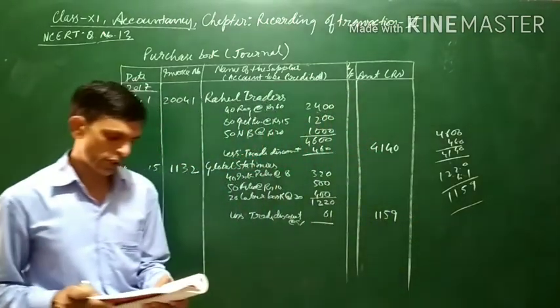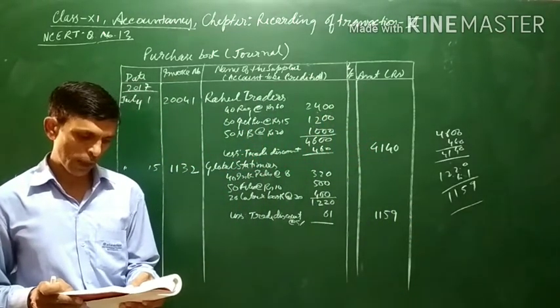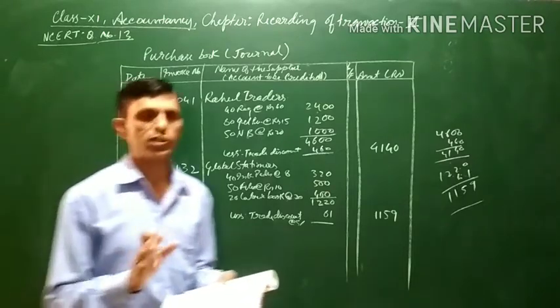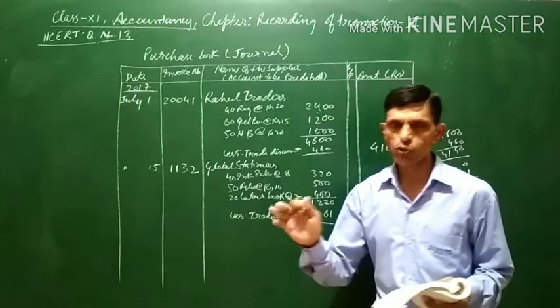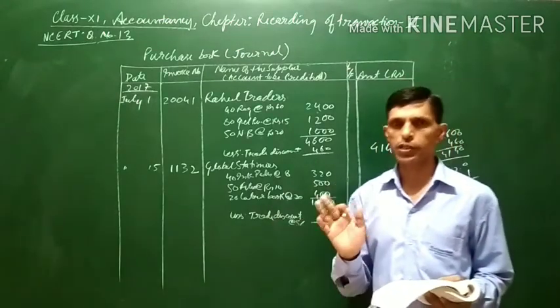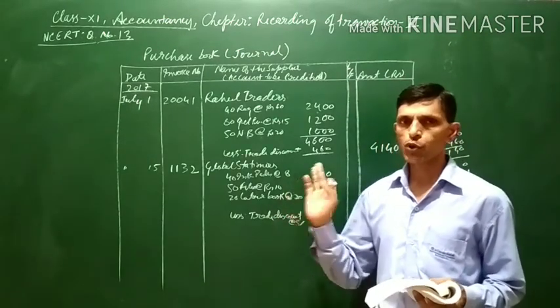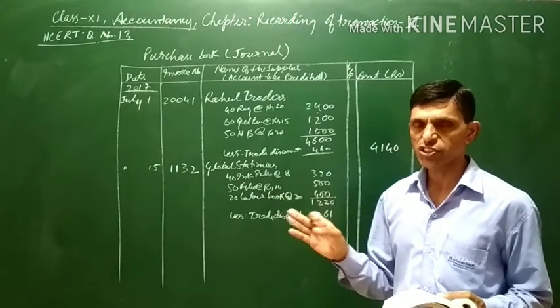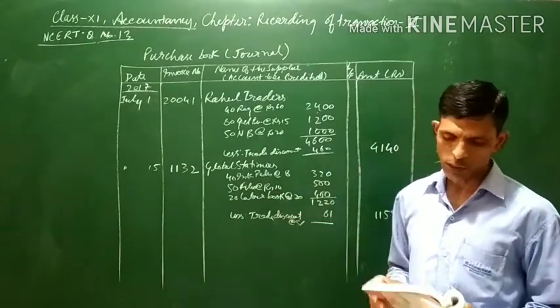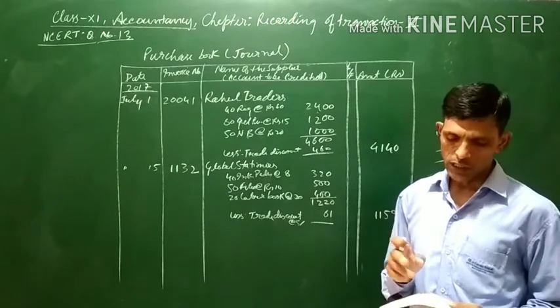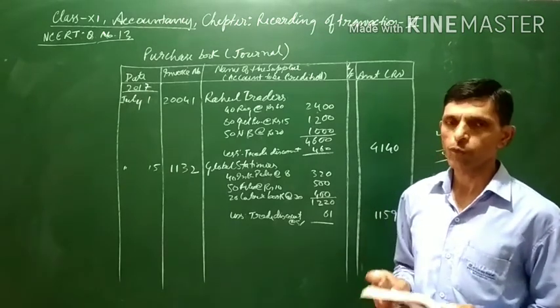Now the third, 23rd is purchased from Lamba Furniture. One important thing regarding this is that in the purchase group only those things are recorded in which the business is dealing. Moreover, only credit purchases are also recorded. But here the purchase is from Lamba Furniture and chairs and tables are being bought.